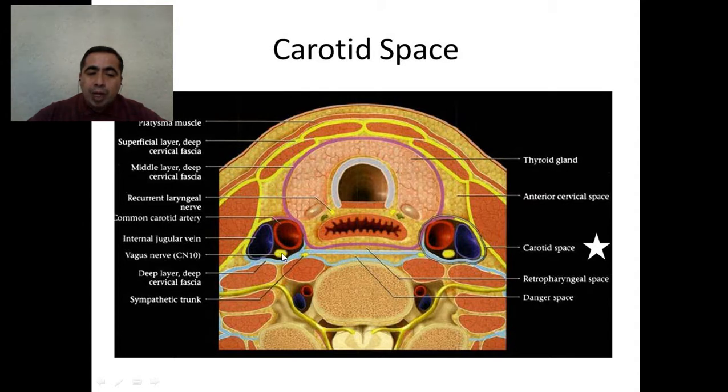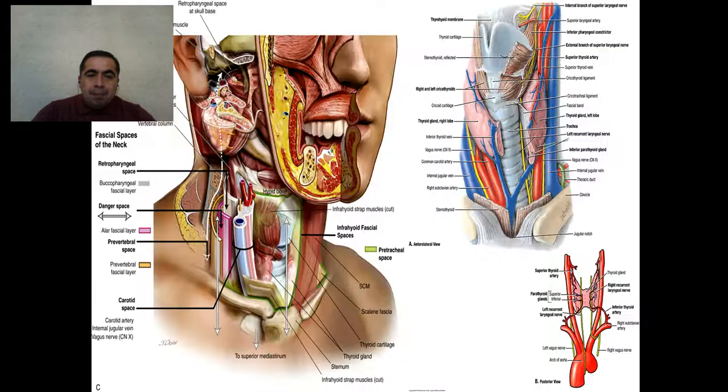The vagus nerve is located here. Together, they are enclosed, and a special layer of the cervical fascia forms the carotid sheath for them. And internal structures, again, you are looking at the retropharyngeal space,